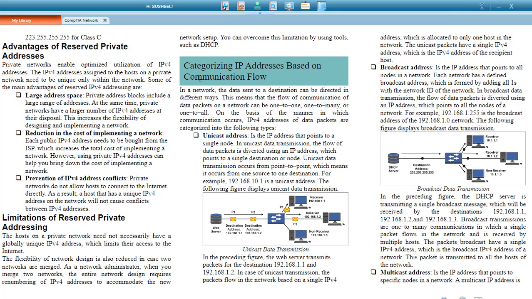Advantages of reserved private addresses. Private networks enable optimized utilization of IPv4 addresses. The IPv4 addresses assigned to the hosts on a private network need to be unique only within the network. Some of the main advantages of reserved IPv4 addressing are: